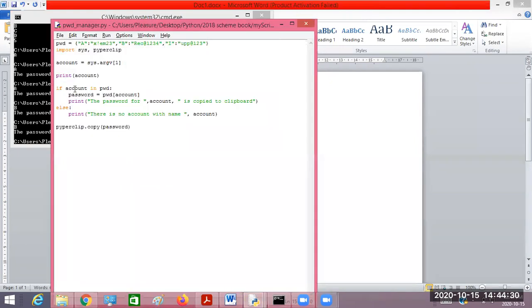Right, so this is the way you can write the program. Is this program difficult or a simple one? Simple, sir. What were you expecting before? When I said it is a password manager, it manages all the accounts and their passwords.